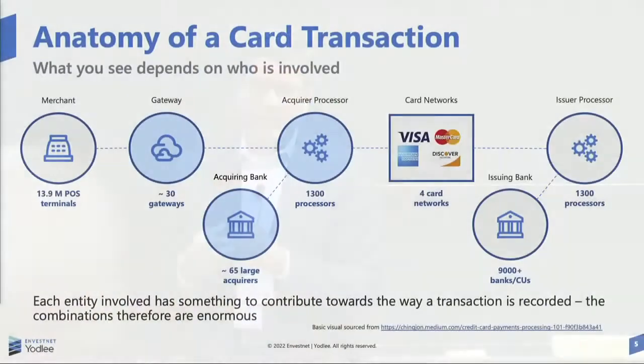And look at them. There are hundreds of millions of merchants, there are thousands of banks, and the combination is just enormous. But the point I'm trying to make here is that every one of these entities can influence how a transaction is recorded. And this is important, because this is something which happens in a couple of seconds. There are so many big players, so many different companies involved, and each one of them, independently of each other, can influence how your transaction is recorded, how the transaction description is recorded.